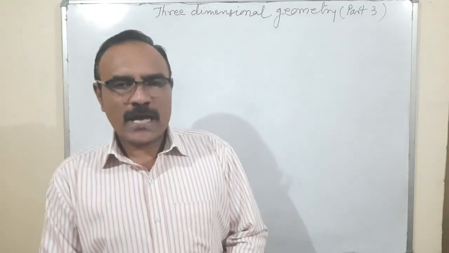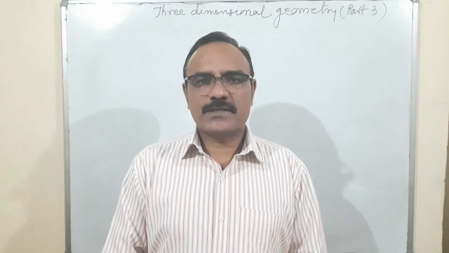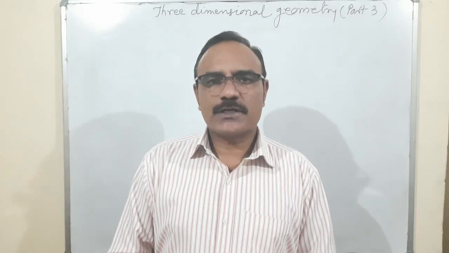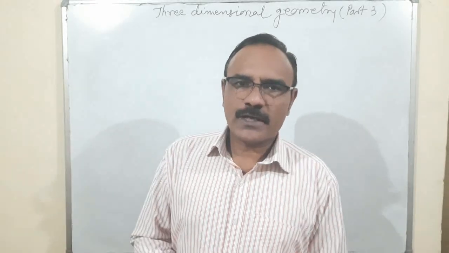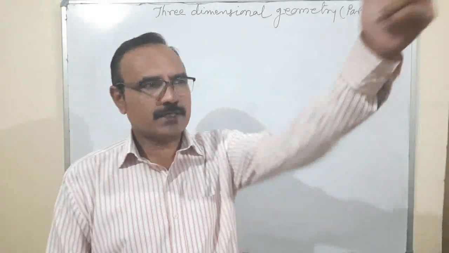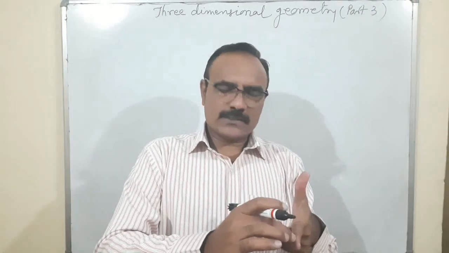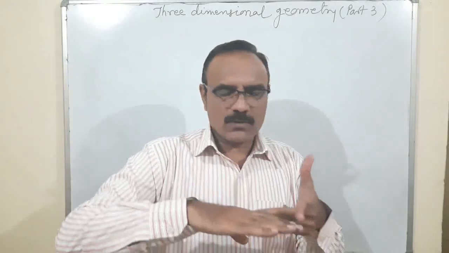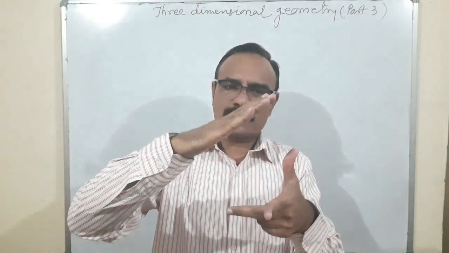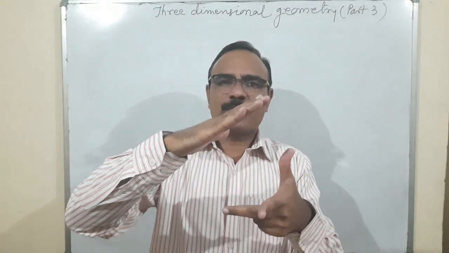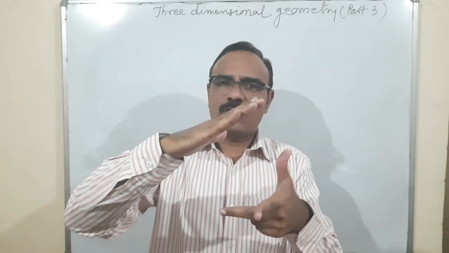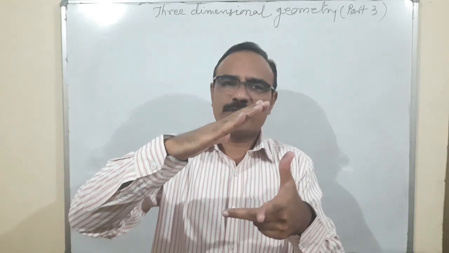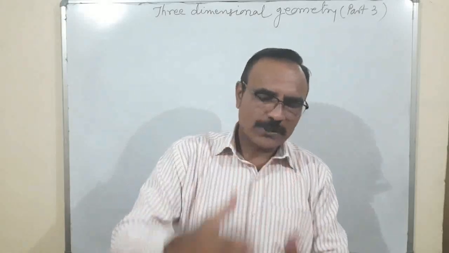Hello everyone, today I am starting the third part of three-dimensional geometry, in which we'll discuss the plane. Here we are talking about a three-dimensional plane. For example, suppose this is the x-axis, y-axis, z-axis. So the plane is not on a two-dimensional surface; it is actually placed something like that. That means whatever points are on the plane, they are always in three dimensions: x1, y1, z1. Okay, so we are talking about this plane.